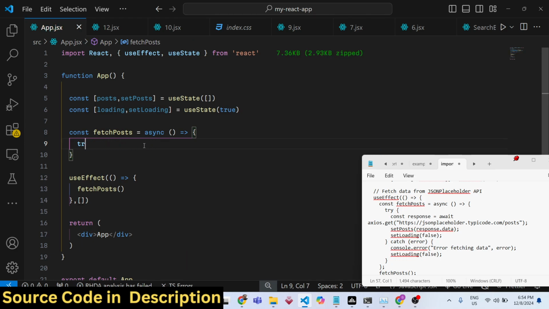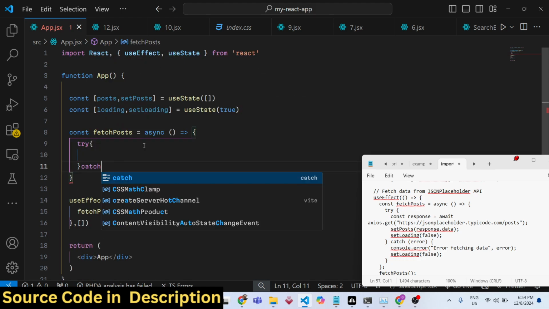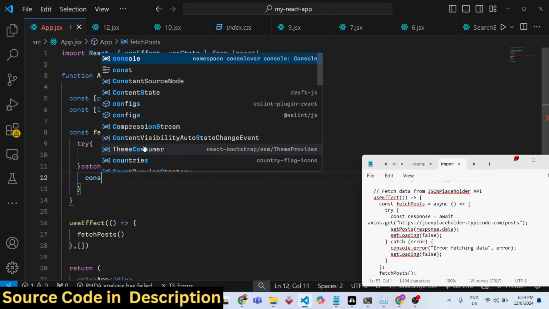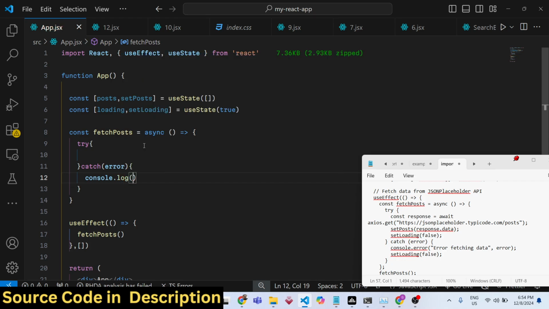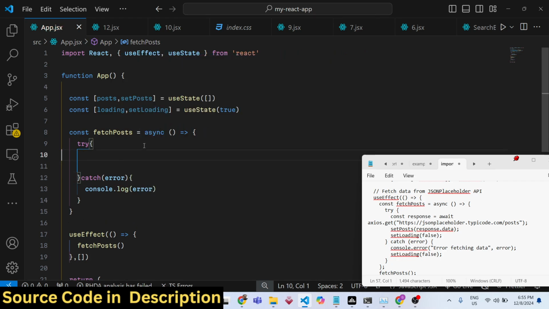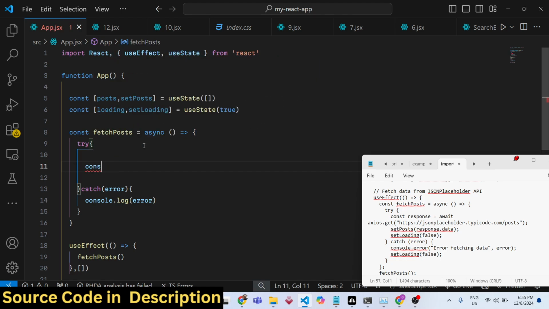So in this function, we will define a try catch block. If any sort of error takes place, we can console log it. And right inside this,